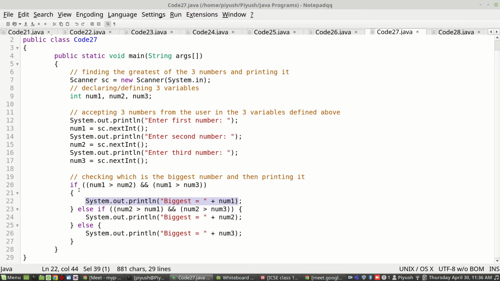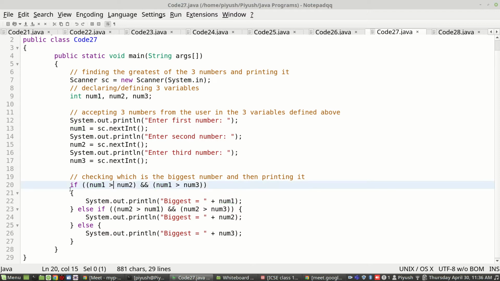So if this condition is true, then the if block will be executed, so is it not logical to print that num1 is biggest? Why are we using this double AND? So that we are certain that both the conditions hold true together. If and only if both the conditions are true together at the same time, then only with certainty can we say num1 is biggest.